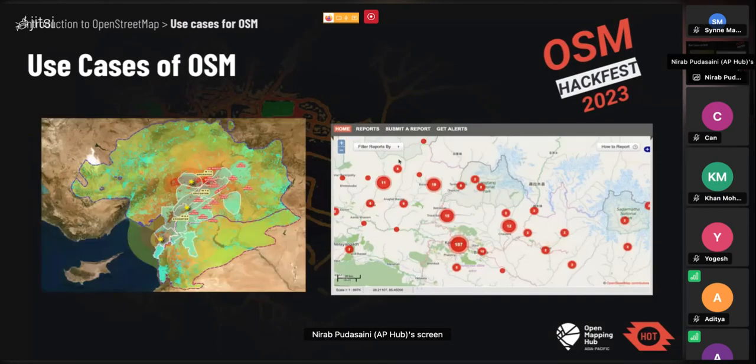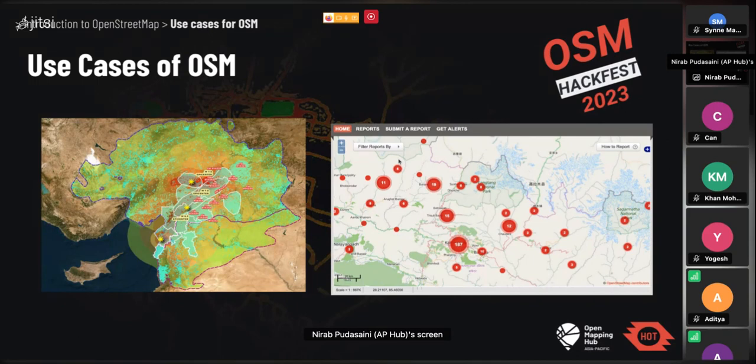So let's get into some use cases of OpenStreetMap. The first use case is, as we are the Humanitarian OpenStreetMap Team, OpenStreetMap is very much used and very helpful in a lot of humanitarian response. And now, even for preparedness, it's starting to be used as a tool for anticipatory action as well. So here I'm showing you two maps from two responses in which